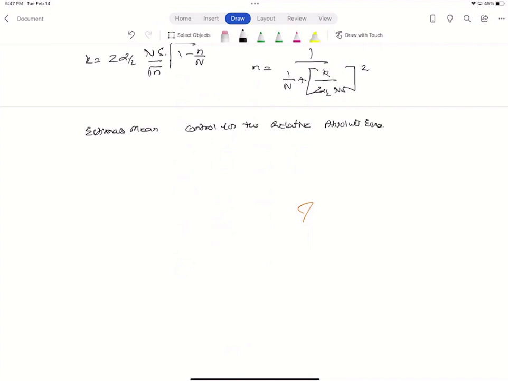What does that mean? It means that we want to estimate the population mean y bar, and we